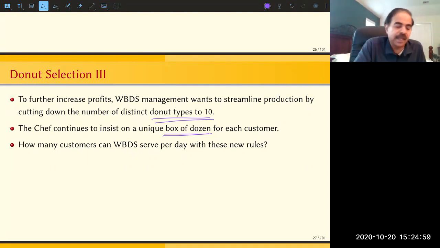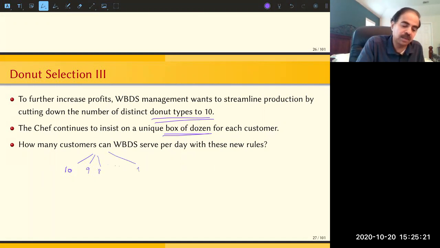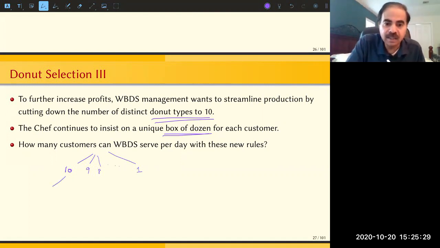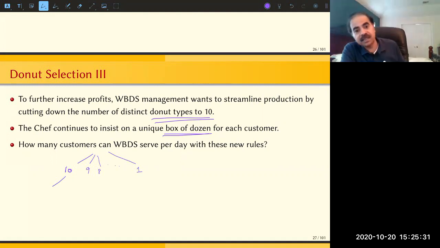One way to do this is to say I could have 10 different types, or I could have 9 different types of donuts in the box, 8 different types, all the way up to just one type, right? And then if there are 10 types, I need to decide, of these 10 types, which one am I going to have,